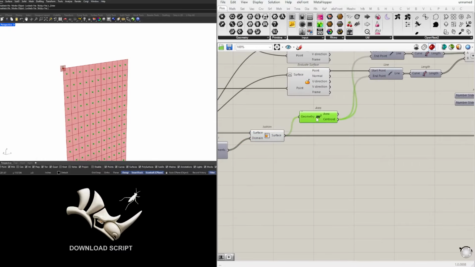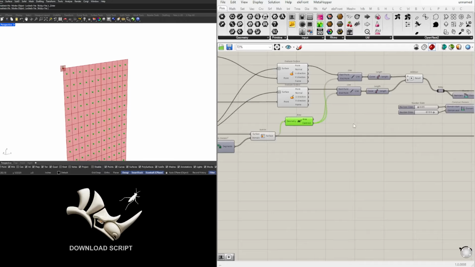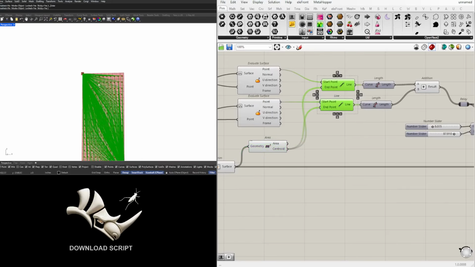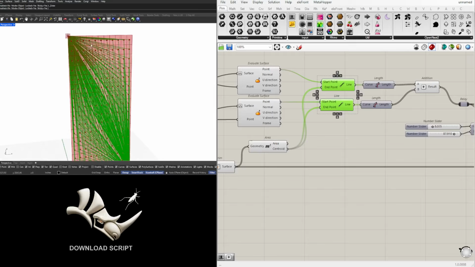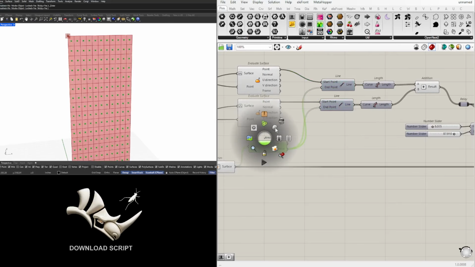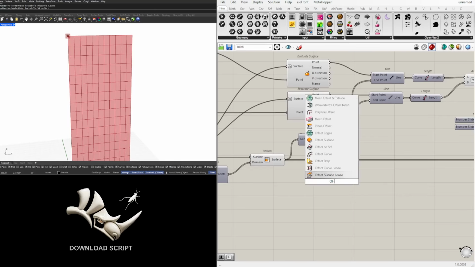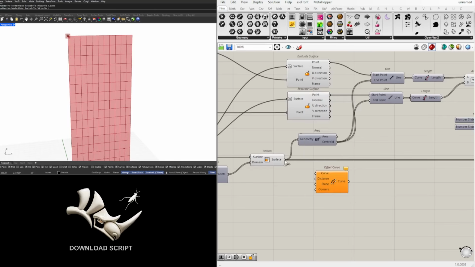Now, do we need to preview these points? Not necessarily. Those are just there to be able to evaluate where the points are and how far they are to the original points. So we can hide them. Now we're going to take the surface and offset the curves